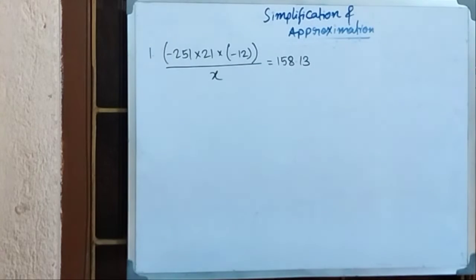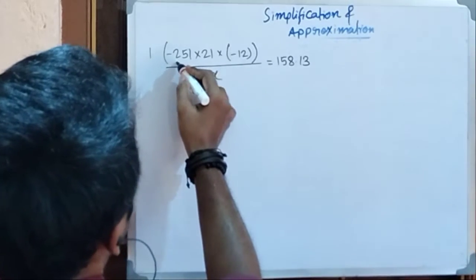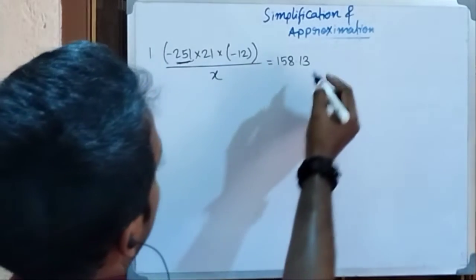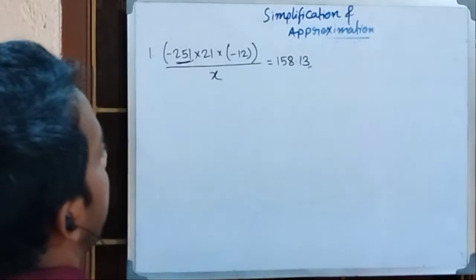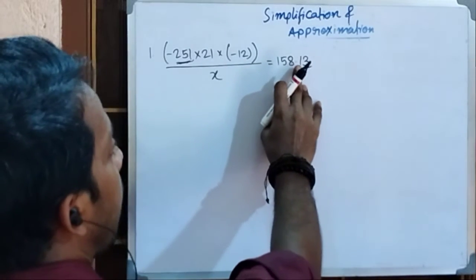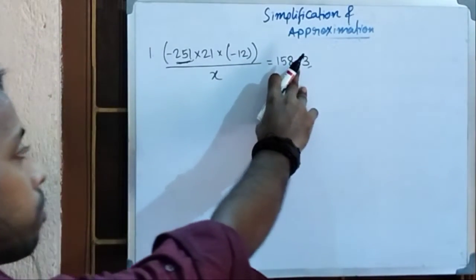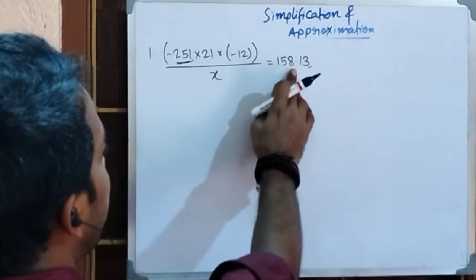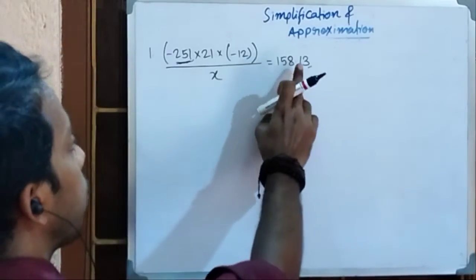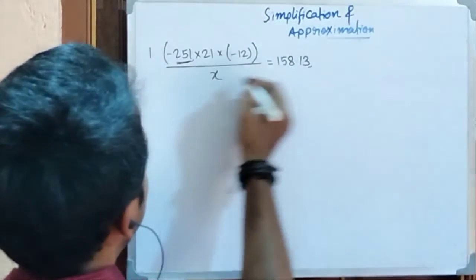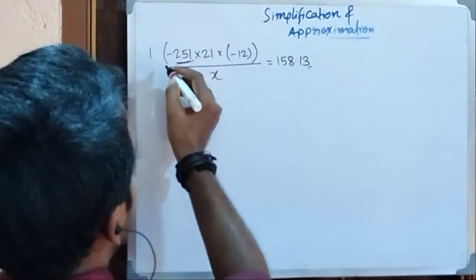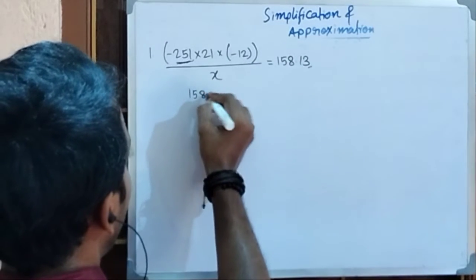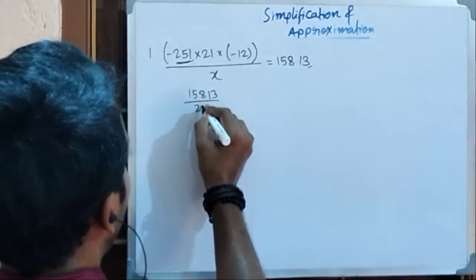Okay. So what do we do here? We'll take first 251 because this is the biggest number. This is the biggest number and 1 is the unit digit here, and here 3 is the unit place value. Right. For the time being, I am not considering the fractional part, the decimal part, I am not taking into account for the time being. So 15813 divided by 251, and I have to solve it out.